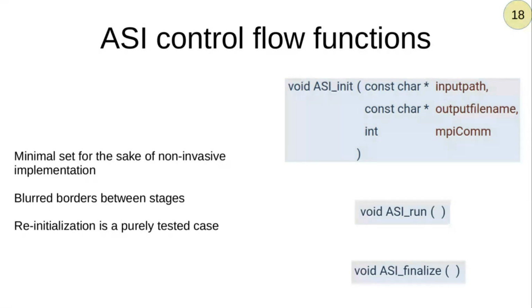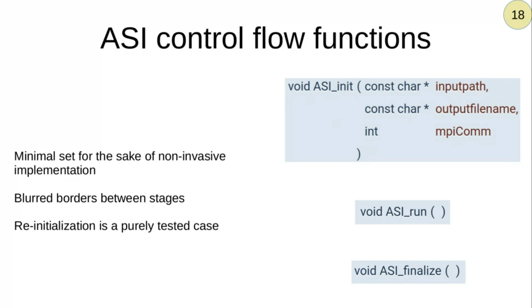So, control flow functions. There are just 3 functions. First one is ASI init, that initializes the DFT library that is loaded in your script. The second one is ASI run, that essentially runs the DFT calculations. And the third one is ASI finalize, that frees memory and closes the library. As you can see, it is really a minimal set